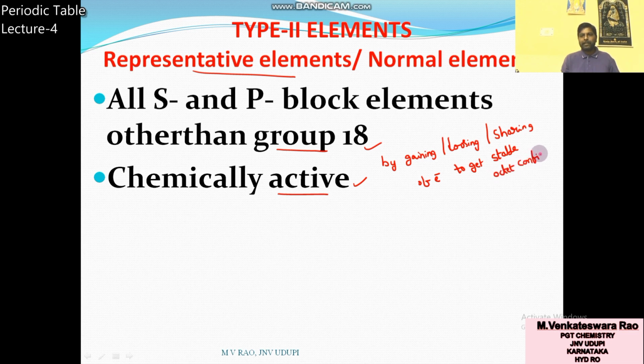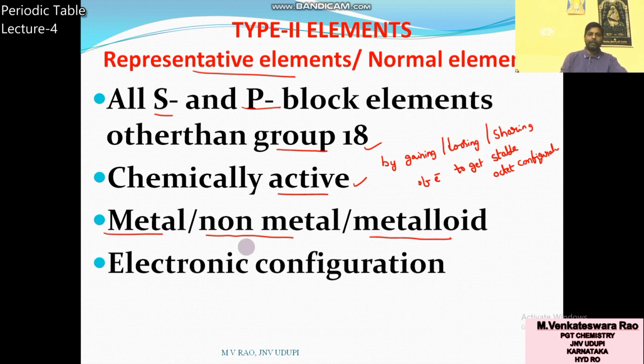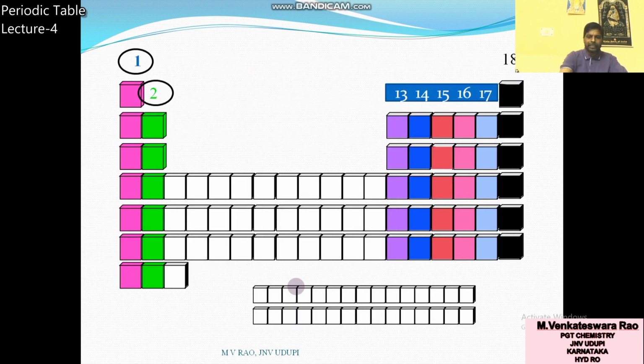All these elements are chemically active by gaining or losing or sharing of electrons to get a stable octet configuration. So all S and P block elements contain non-metals, metalloids and metals. So representative elements may be metal or non-metal or metalloid. Their general electronic configuration is